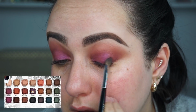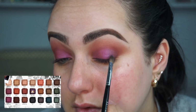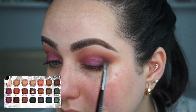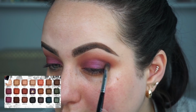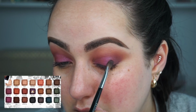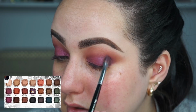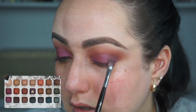I went ahead and got the color Guilt Trip afterwards to darken up the outer corner a little bit. This is a really pretty purpley shimmer shade, and it just worked with this look really, really nicely. So I'm applying the color Guilt Trip the same way I did the color Wild Heart. I'm using my number 15 brush and I'm doing little tapping motions on the areas that I want to have that color in, and not putting it in the crease of my eye, just letting it meet the